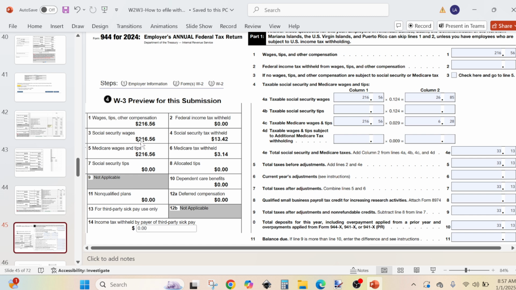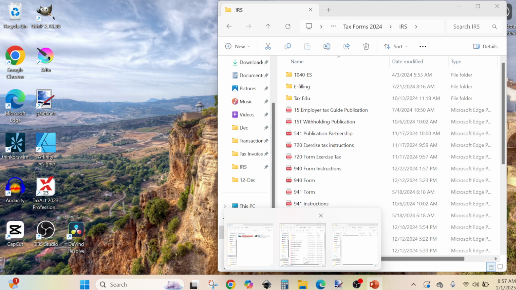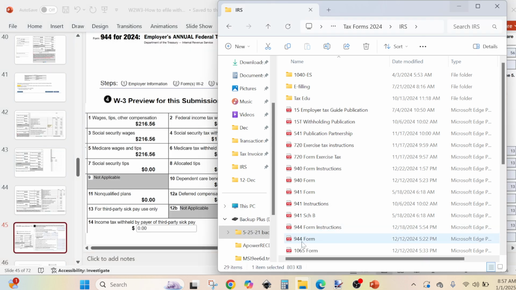And I believe they will compare the Social Security taxable wages, Medicare taxable wages, to that Form 944 or all four Form 941s, to see if those numbers match. So I'm not sure I'll be able to find that easily